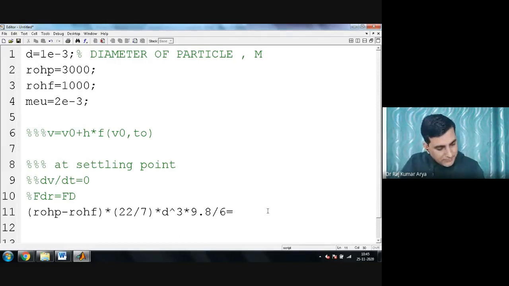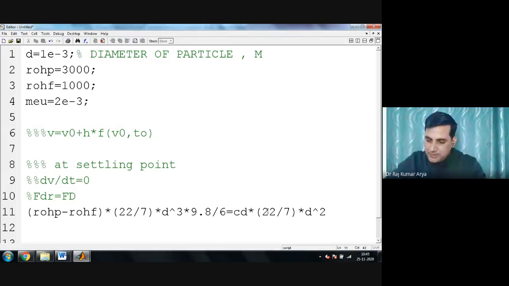So for CD, let's write a CD. Let's see from where the CD will come. You need a CD and you need an area. The area of the particle is fixed here, so that also is again 22/7 pi multiplied by d square, diameter of particle to the power 2, divided by 4.